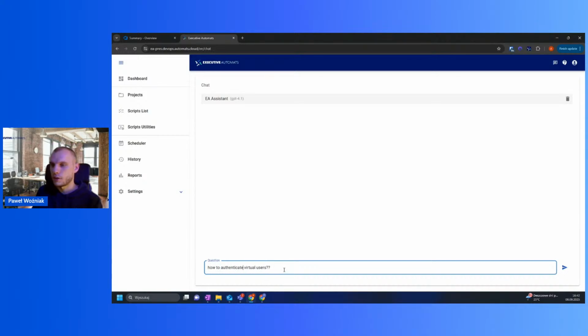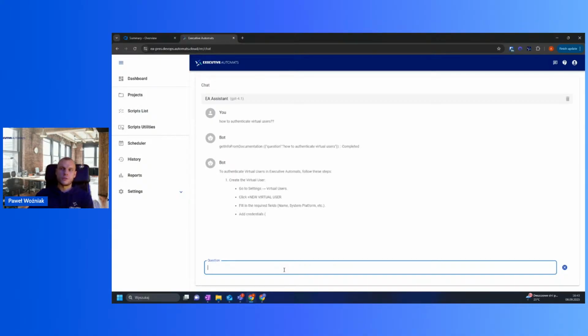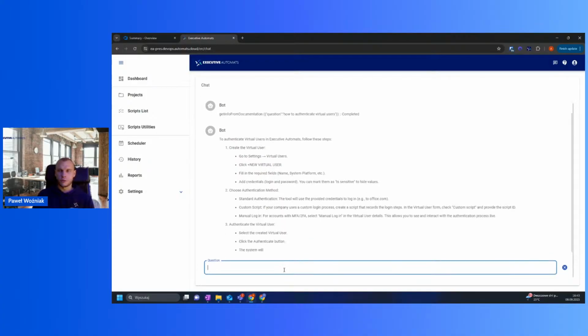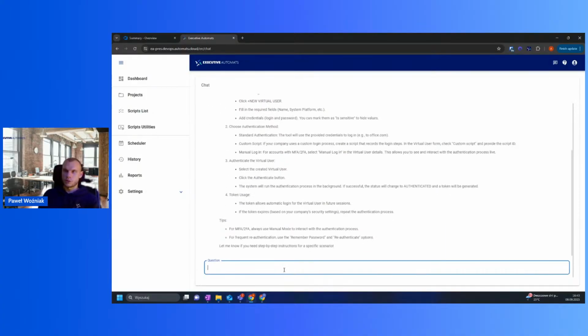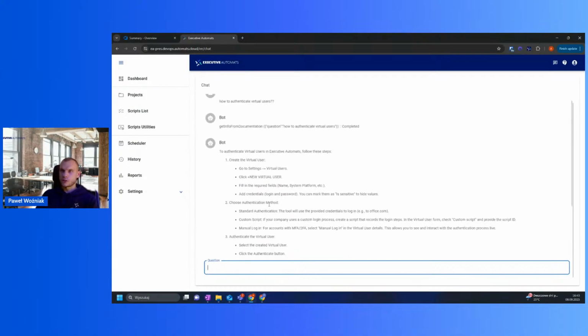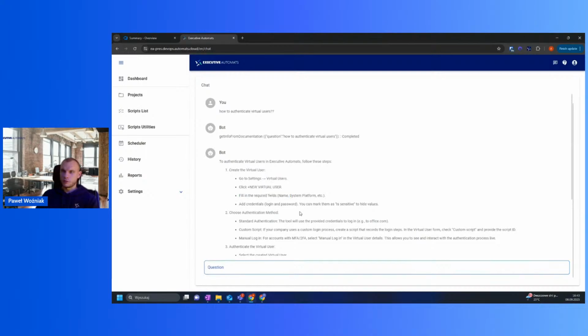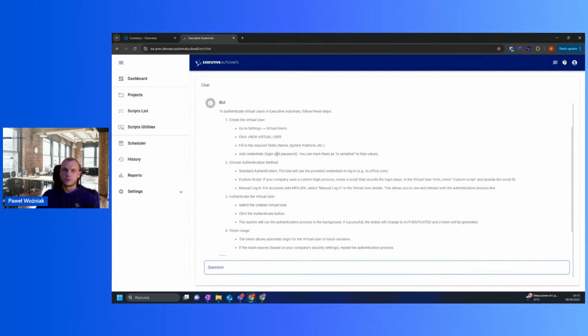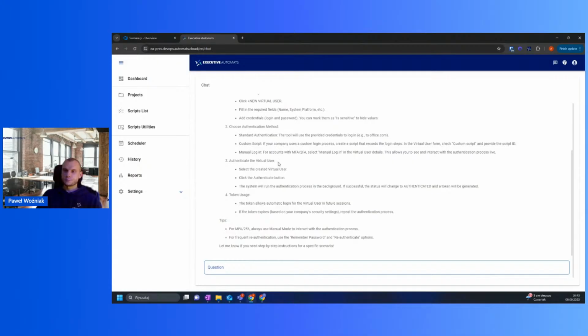Okay, authenticate. So if I ask him, he should provide me the answer around the application itself. So we can ask him questions like how to do things within Executive Automats. If you have some simple questions and you don't want to raise tickets to our support, you can always try to use this chat assistant. As you can see, he gave me the full instruction how to create a virtual user, how to authenticate it,